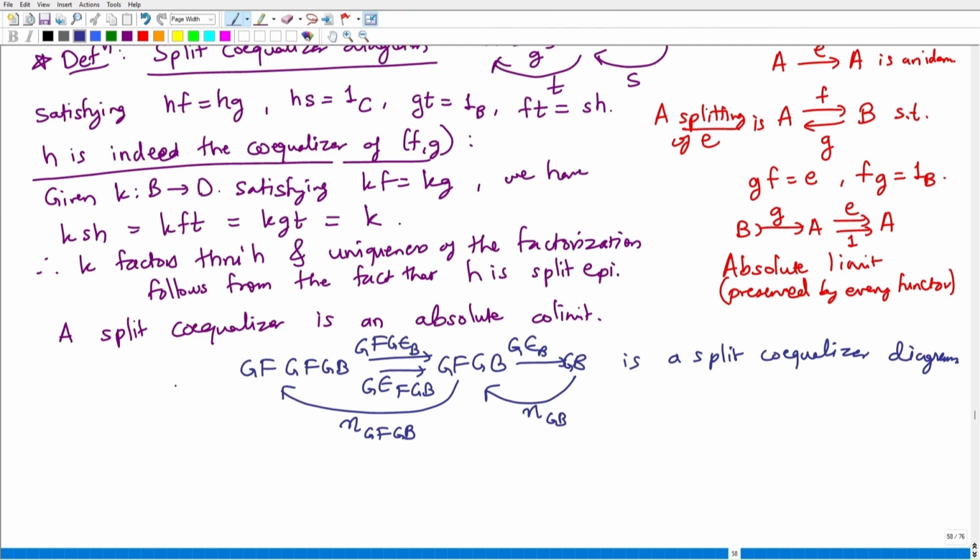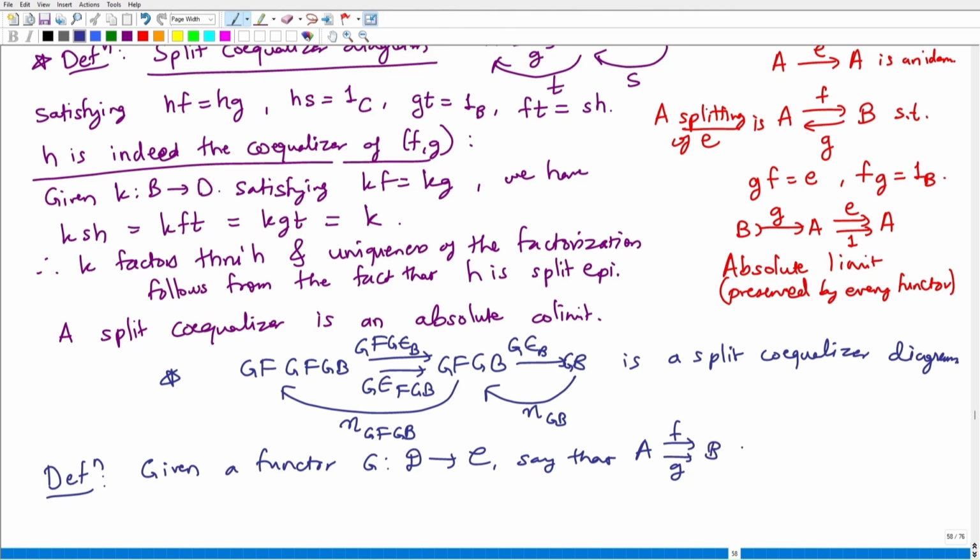Okay, so motivated by this, actually we have a new definition. The definition says that given a functor G from D to C, we say that this particular diagram, I mean diagram of parallel arrows in D, is G-split if there is a split coequalizer diagram